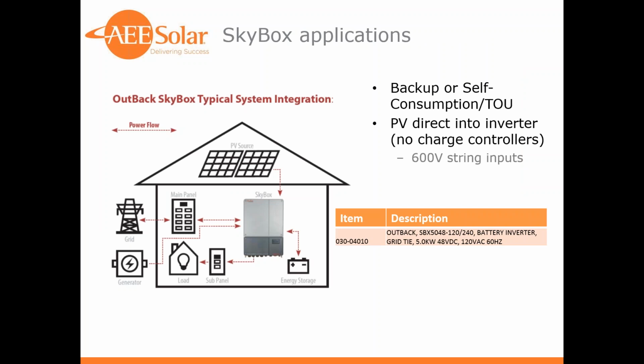Applications, backup or self-consumption TOU. What we've got pictured here is a pretty typical, we think, backup slash TOU application. I use the slash in there because what we've typically seen in North American markets is you kind of have to throw in the backup capability there to win over time of use converts. What we mean by that is typically speaking, the value prop associated just with time of use or self-consumption isn't enough to get homeowners off the fence, and they're going to want